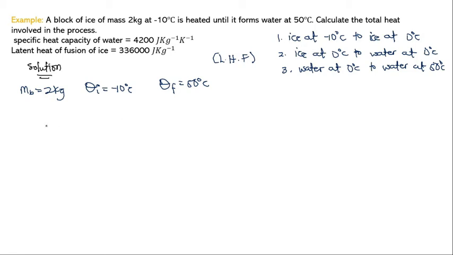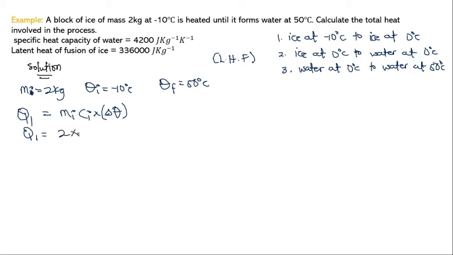So let's have Q1. That is the heat energy involved in converting the temperature of the ice at negative 10 degrees Celsius to 0 degrees Celsius. So the heat energy over here will be the product of the mass of the ice, the specific heat capacity of the ice, multiplied by the change in temperature of the ice. This is ice block, so let me use I. So Q1 is equal to the mass of the ice,